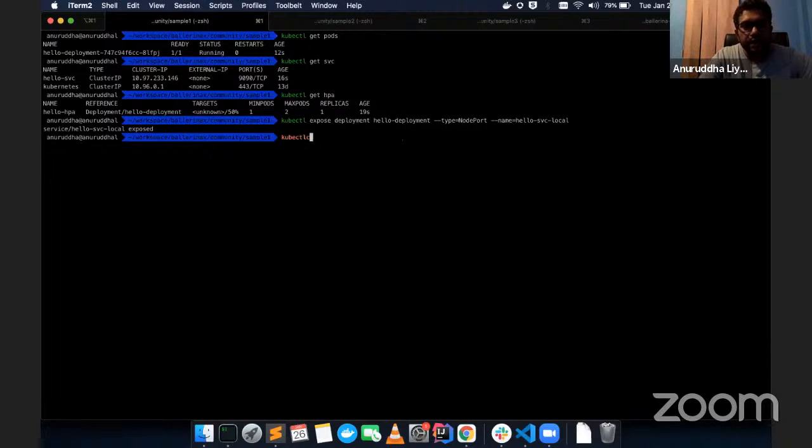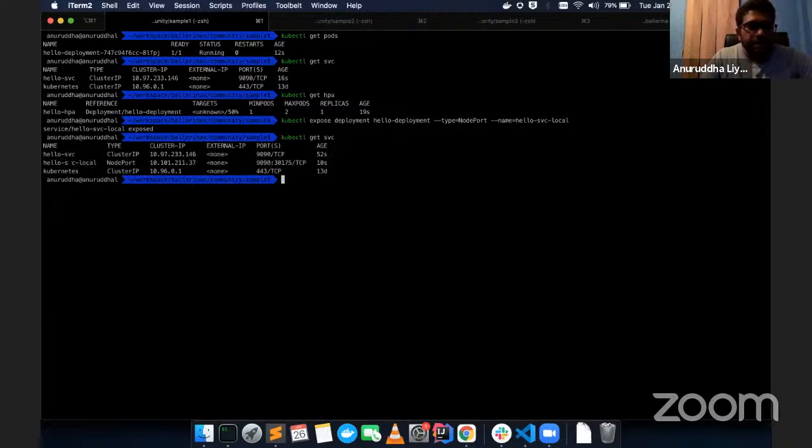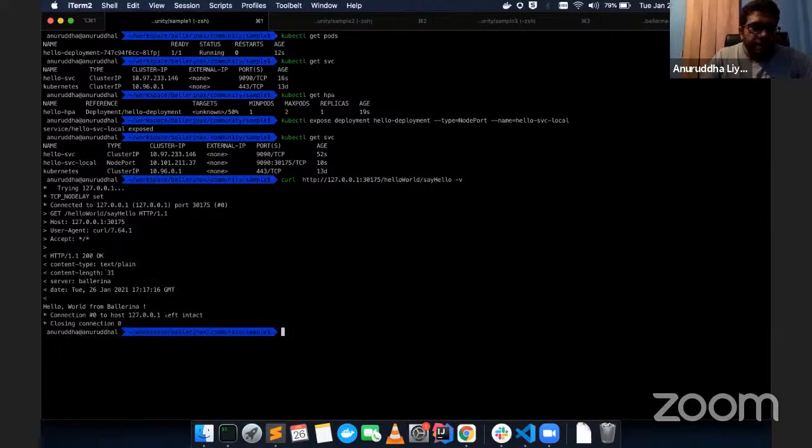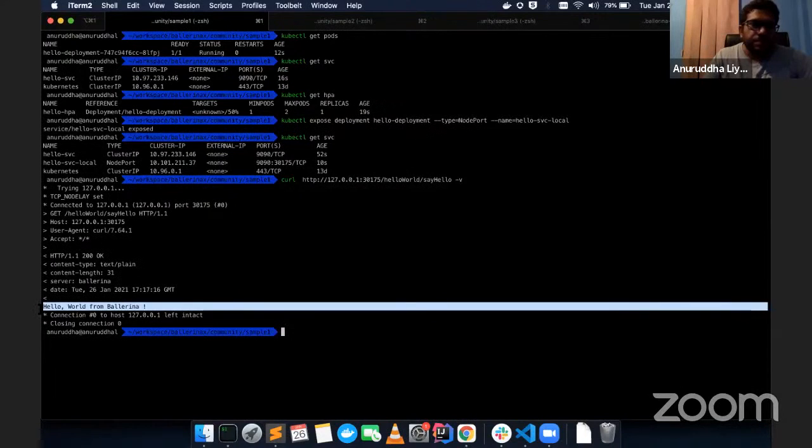Now you can do get svc again, and you will see that the svc local is created with node port, and port 9090 is exposed via 30135. Now we can access this one with this command. The port should be 30135. And we can see that the message is received successfully.